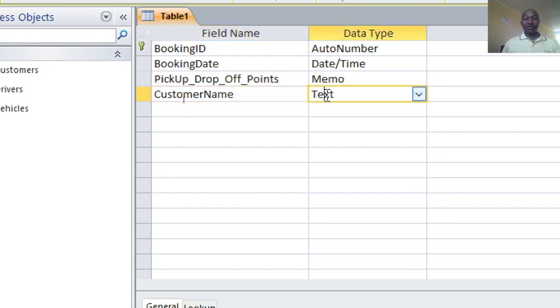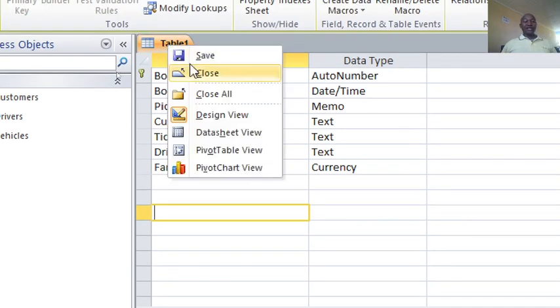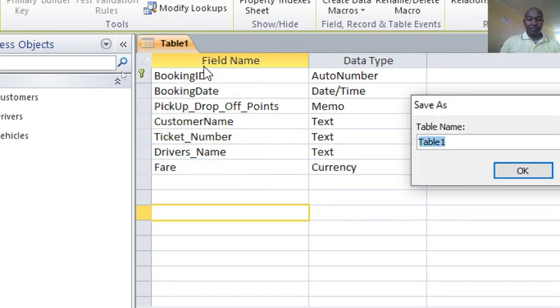This one should be a lookup. Then you shall have the ticket number, text. Then you shall have the driver's name. Then you shall also have the fare or cost, that is currency. So after having done that, you just go save. So this is our main table,